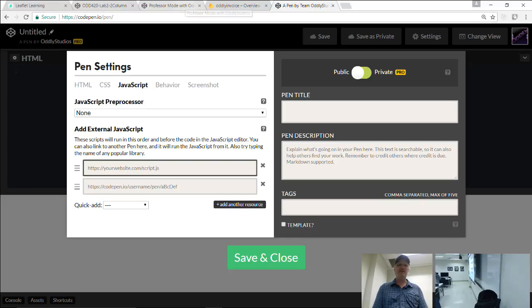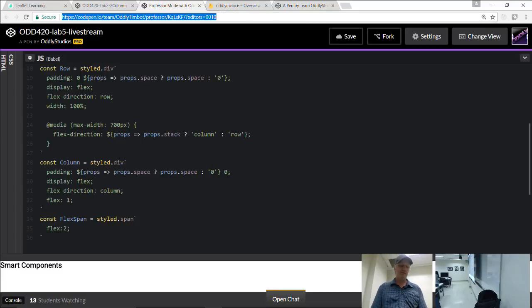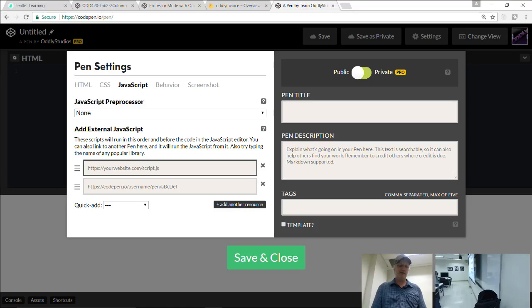I could take this one that has my components I like, copy it, and stick it in here, and now all those components will be available in this pen. Yeah, it's just like doing a script tag with JavaScript. That's pretty cool, right? So if you can make a nice little library of stuff that you want to use, just keep it in that pen.